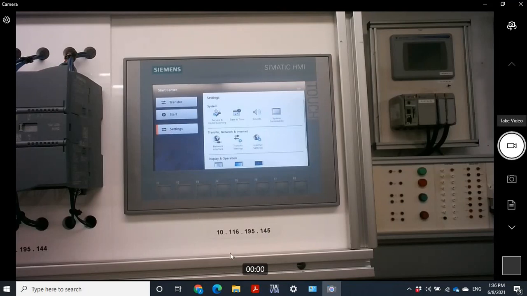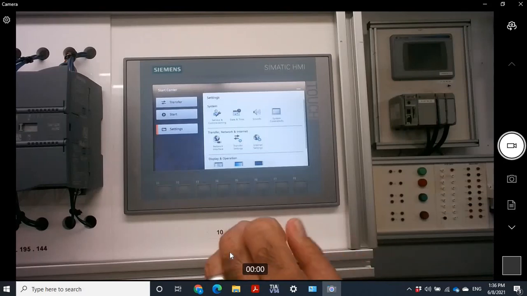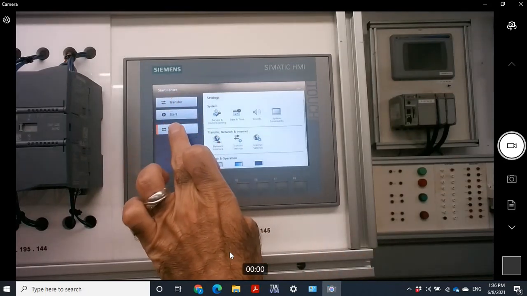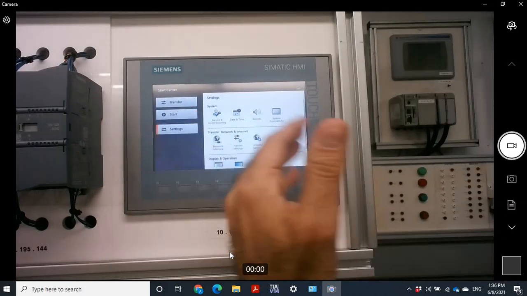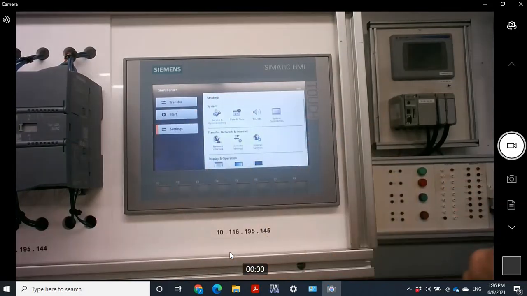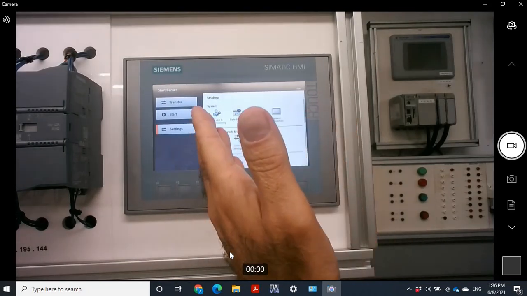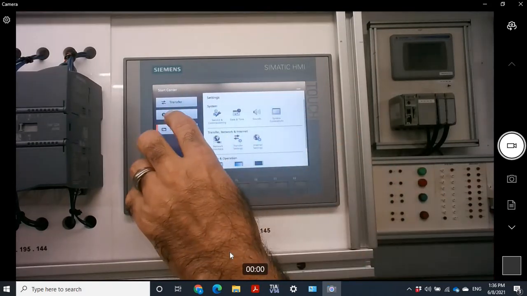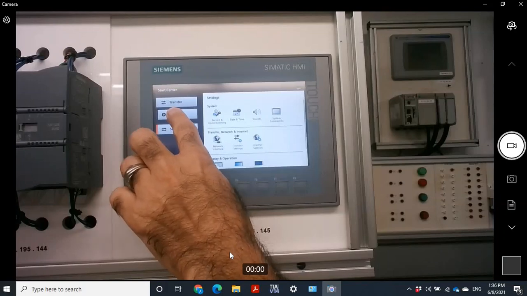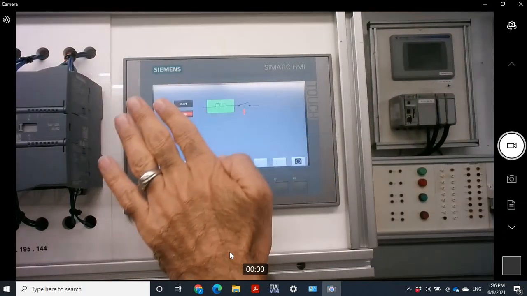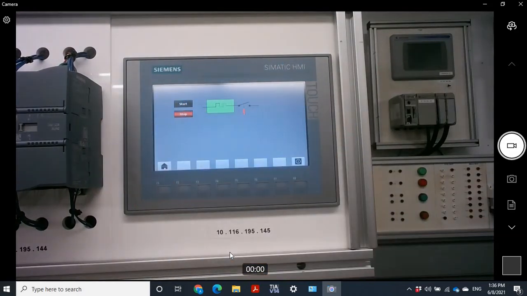Here you can see the HMI panel in my trainer. There are two main menus for that: transfer, start, and setting. Setting is regarding configuration and changing the time, and changing some details on the configuration regarding the internet, sound, or anything else. Start, when you click on the start, let me click, this is the main HMI